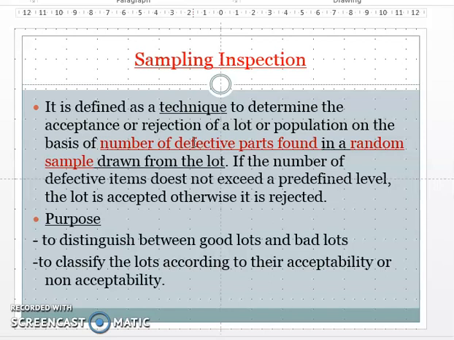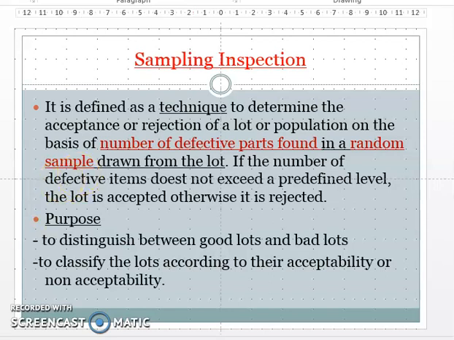In the same way, when you go for buying fruits or vegetables, suppose there are mangoes, then by taking a sample mango, just looking at it or tasting it, you will decide the quality of the whole lot, and according to that you decide whether you have to purchase it or reject it. The same thing you have to do, but this is for mechanical parts and components. There are some standard procedures for doing this inspection that we are going to learn in sampling inspection.